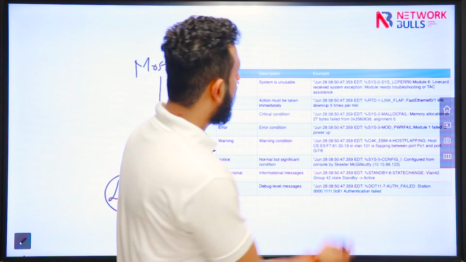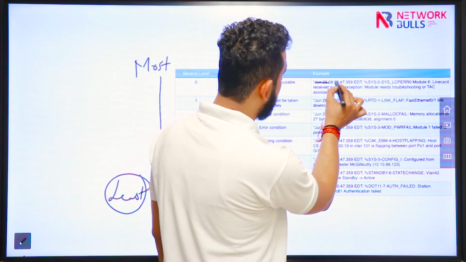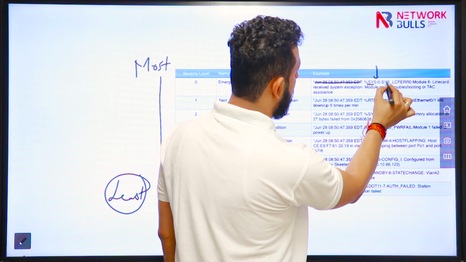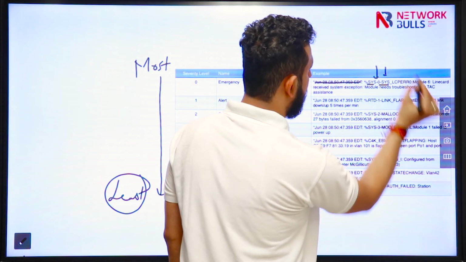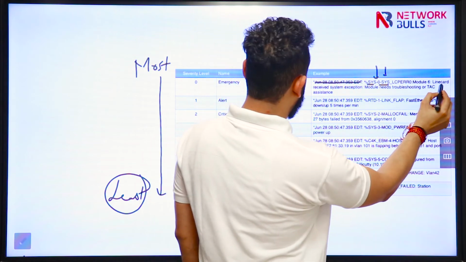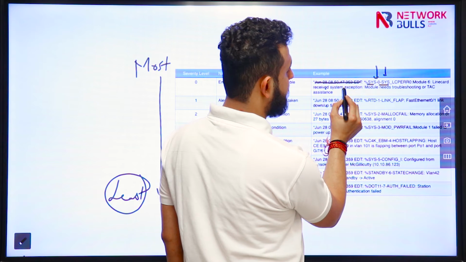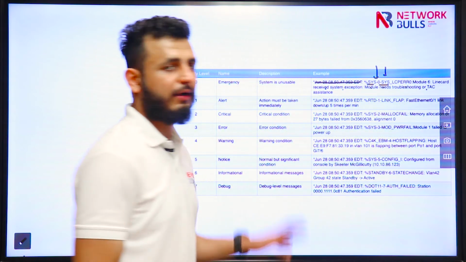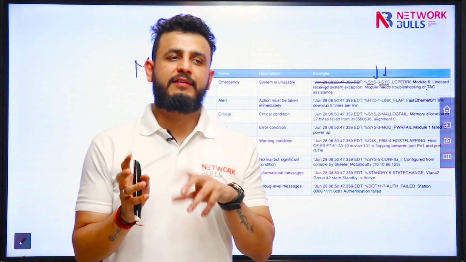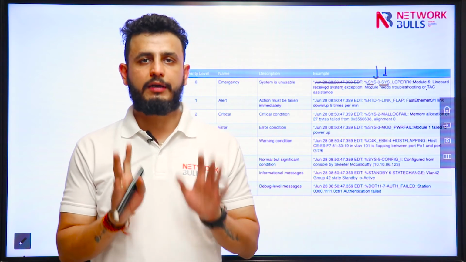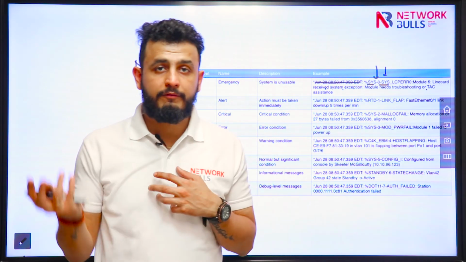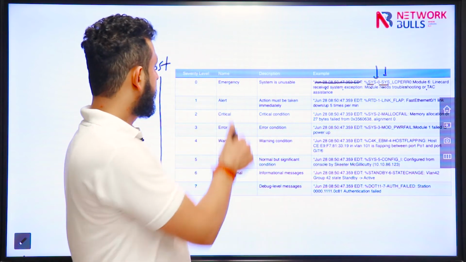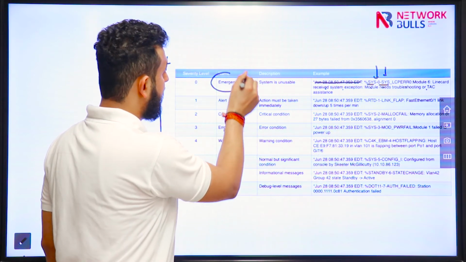If you can see a log, first of all we have date and time, then the log is related to system, severity is 0, mnemonic is also system, and it is saying that the line card received a system exception, module needs troubleshooting or tag assistance. So it is saying the interfaces available on the device are no more working, or there is some problem with the line card, so you have to resolve it. This is under which category?